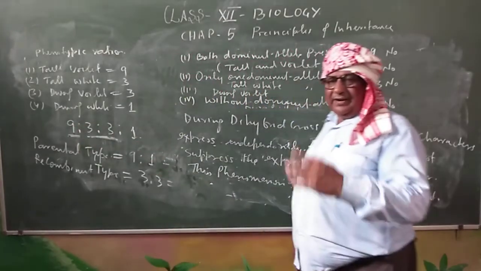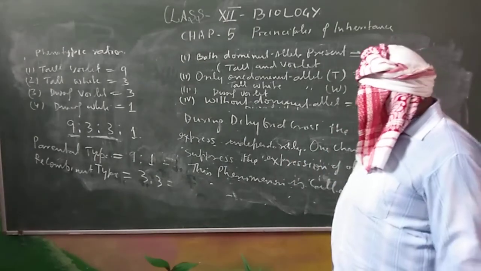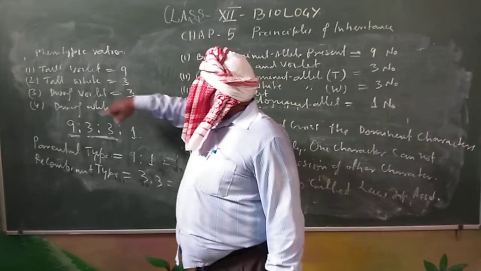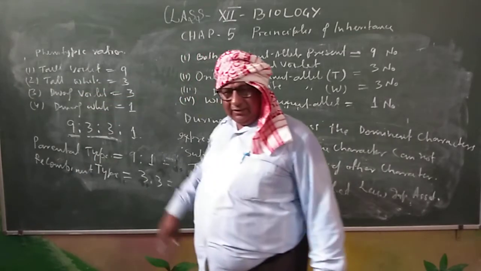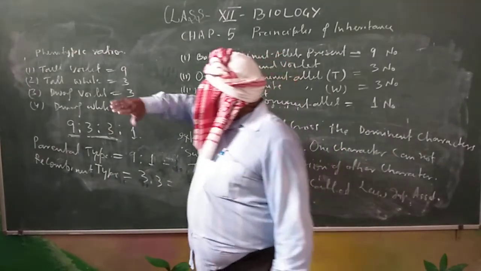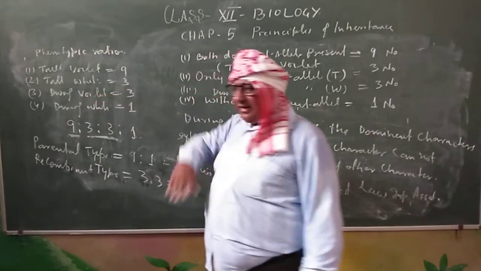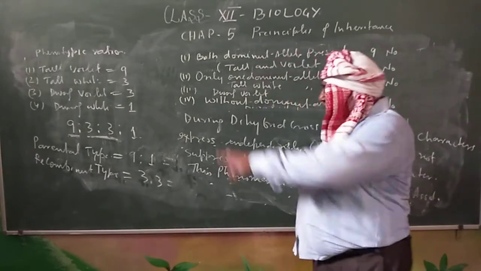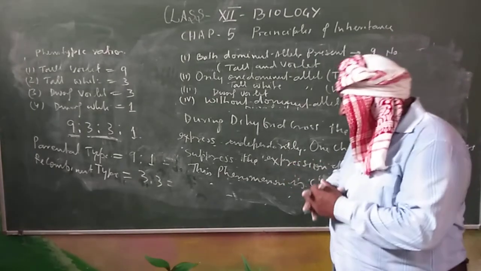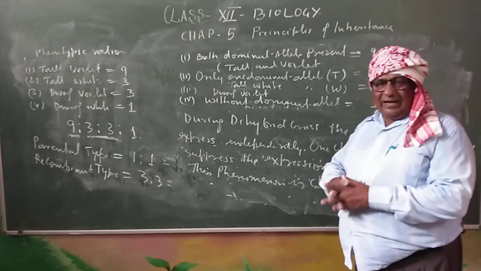And parental character cannot show independent assortment. Whatever products are remaining, they are called recombinant types. Recombinant types are either tall or violet. Both have equal numbers. It means tallness cannot suppress violet color, and violet color cannot suppress tallness. So both are independent here. It shows law of independent assortment. I think you got a clear-cut idea about the law of inheritance.